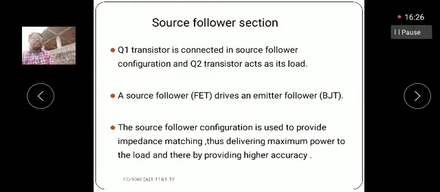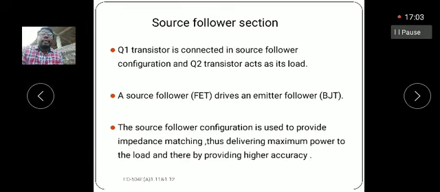As for the maximum power transfer theorem, it states that the input impedance is equal to the load impedance, not load impedance, load resistance. The maximum power is delivered to the load in terms of resistance. That is called impedance matching. If the impedance is matched, then we are getting the maximum output delivered to the load, thus delivering the maximum power. That is called the maximum power transfer theorem.